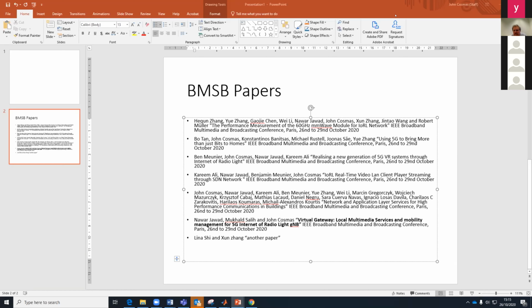As said, in the future works of deciding on the numerology, the waveform for the higher frequencies, which discussion is kind of only starting now. So in that sense, I think that was definitely a good choice, and it's still a very valid thing what we've done there. Coming back to the infrared and Li-Fi, as it happens, and both John and me know it very well,